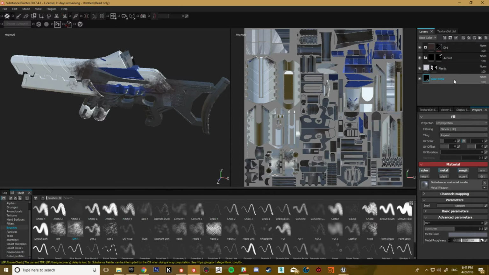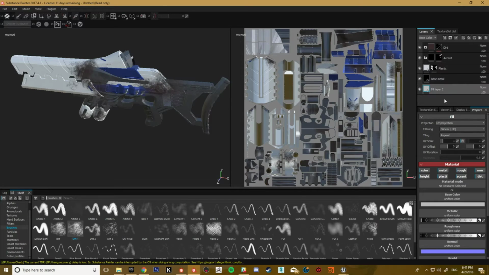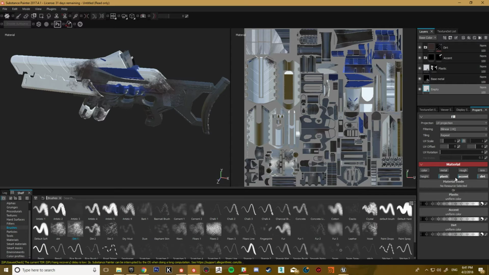So we need to add a new base layer, which is kind of our empty layer, like it's not being used in the actual painter file, but we're going to take it off to these custom channels, and now we're going to bring them all to 0. So every layer that appears above this is going to start painting in those channels the white information.